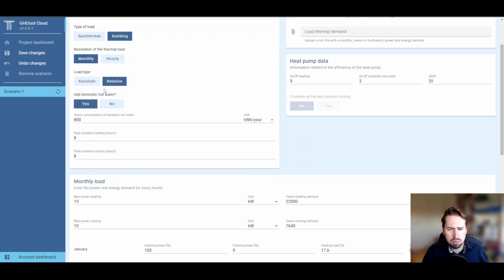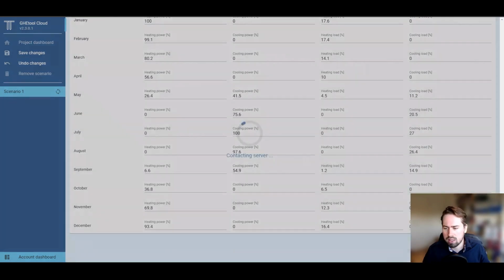Let's also enter some domestic hot water of 800 kilowatt hours per year. Let's keep the peak duration for what it is. The peak duration you see here is basically how long the heat pump will work continuously at this peak power. So basically when the heat pump is delivering its peak heating, for example, what is the duration of that peak? Let's say it's 8 hours, which is more or less the default value for floor heating. And then we can start calculating